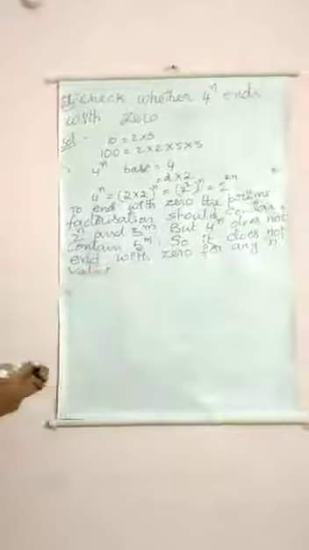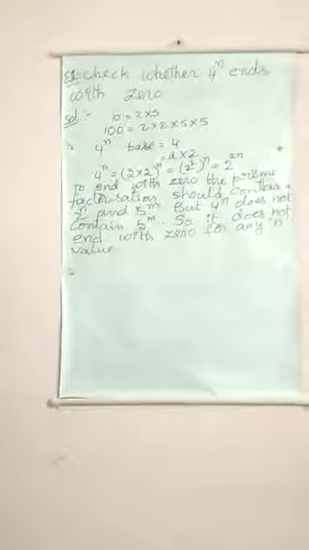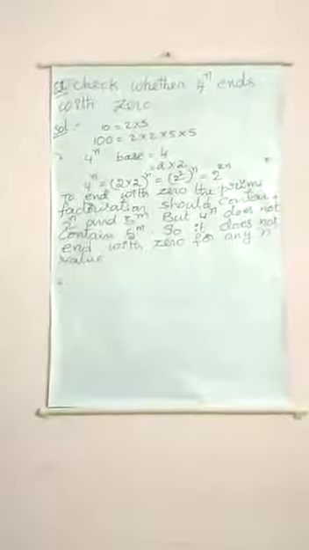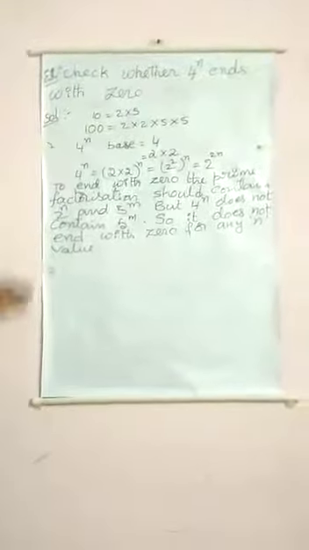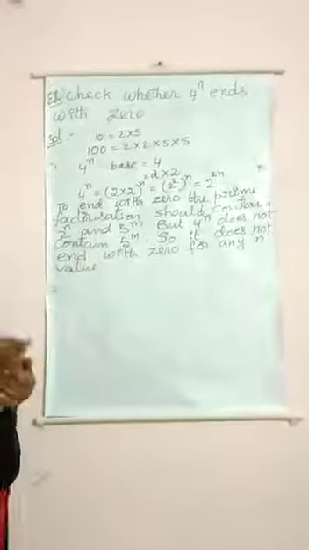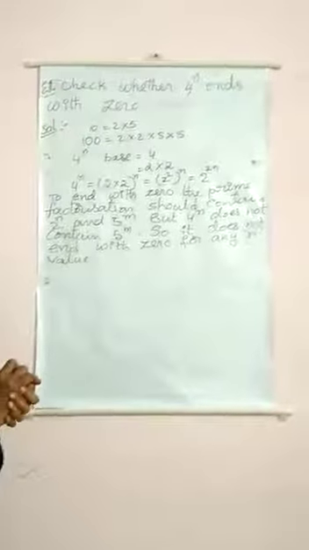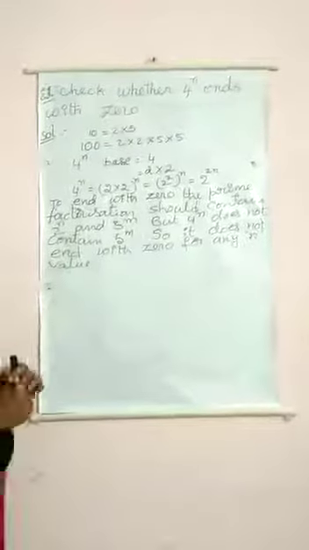In this way you have to write some sentences about this prime factorization, and this is a very important sum. You can also check whether 6 power n ends with 0 or not. Okay, and now another concept is